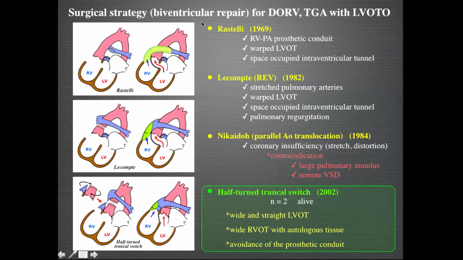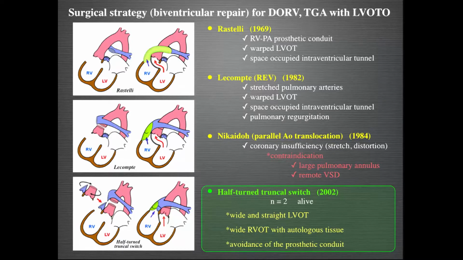The surgical strategy in biventricular repair, now with the DORV and some LVOTO in such a situation, is a Lecompte procedure, Rastelli procedure, or Nikaidoh procedure. And from China, a double truncal root switch procedure. In some cases of the